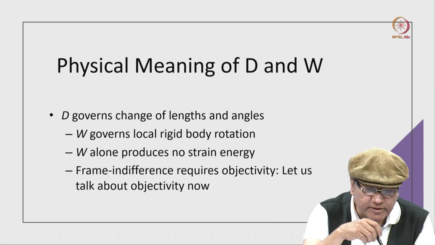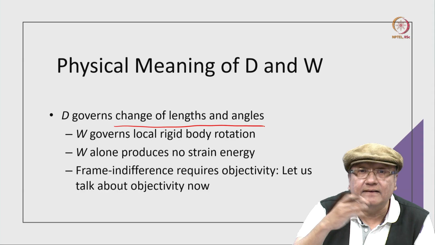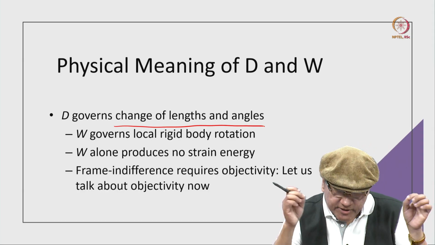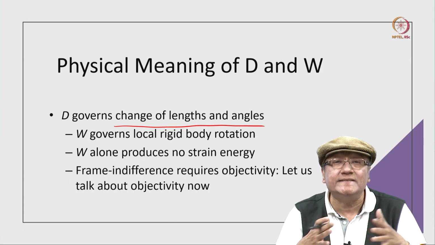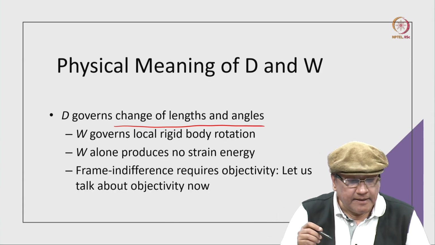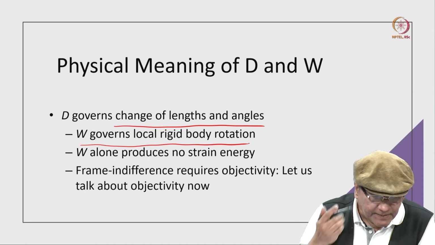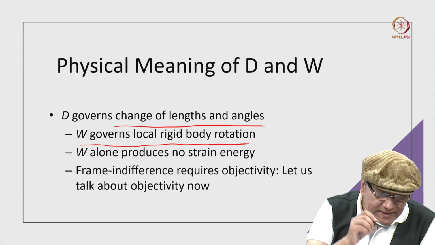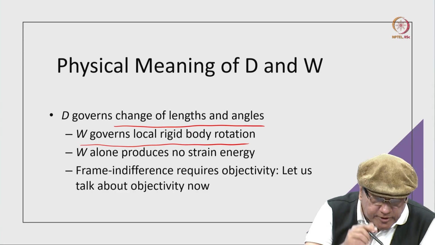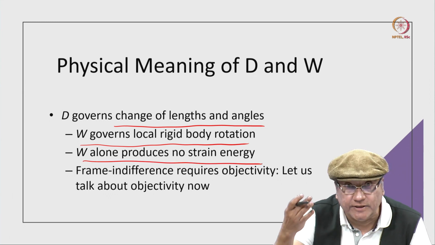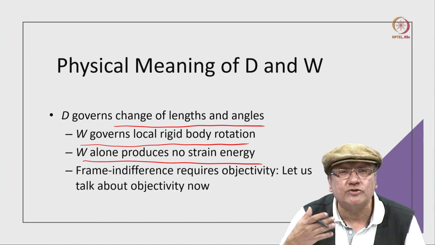So, d, the deformation tensor, the rate of deformation tensor, governs the change of lengths and angles. It governs the change of length of a vector, and also between two vectors it governs, so it is a stretching in a generalized sense, but w only governs the local rigid body rotation rate basically. So, you understand that because w represents only the spin, local rigid body rotation, it cannot produce any strain energy,